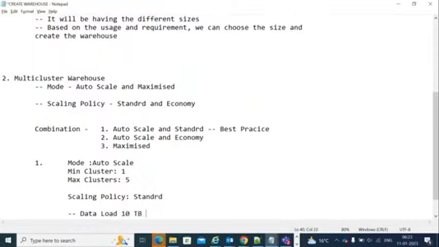10 TB of data. Fine, this is one of the scenarios. If you are trying to load 10 TB of data into your Snowflake, what will it do? If you create your virtual warehouse as a multi-cluster warehouse with the mode as auto scale and the scaling policy as standard, and you select the minimum cluster as 1 and the maximum cluster as 5,